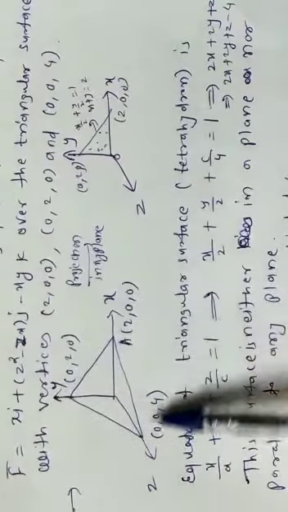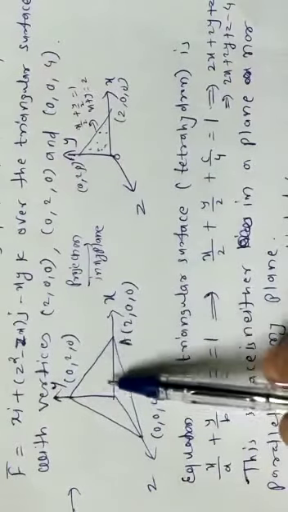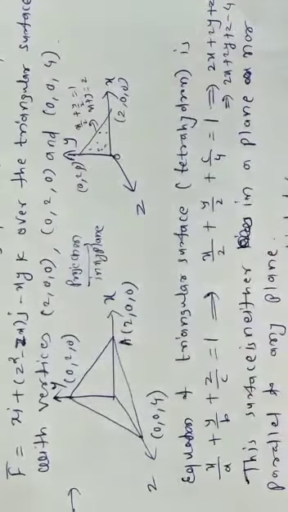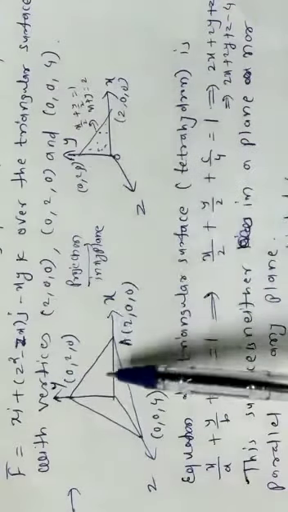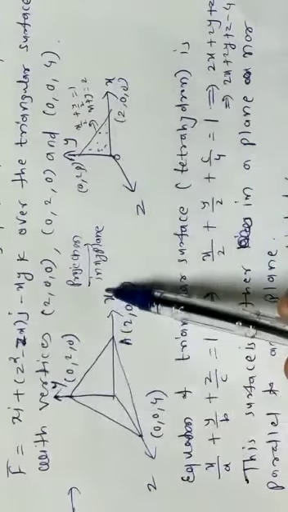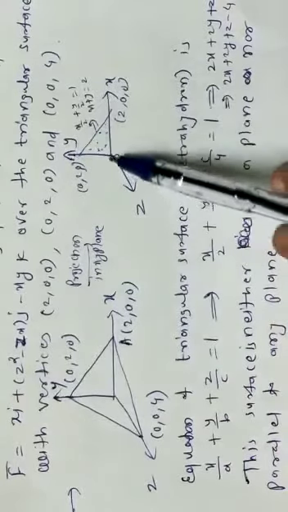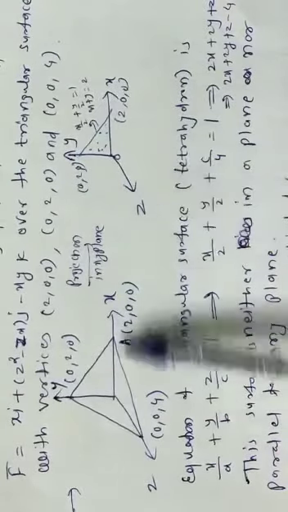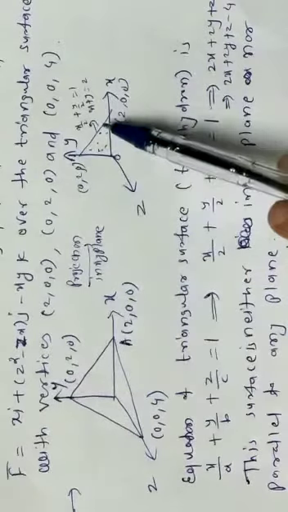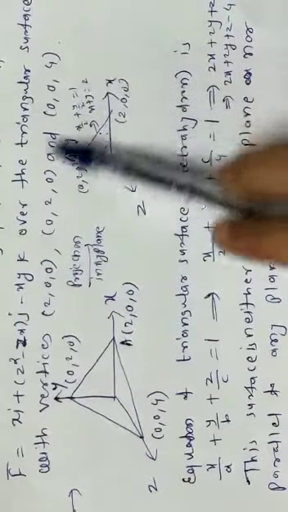Now if you take projection or the shadow on xy plane, what will happen? Only this part will come into the picture. That is, this is x-axis, y-axis, nothing will be there on the z. Okay, so projection of this in xy plane will look like this.